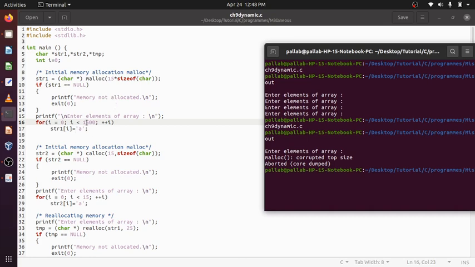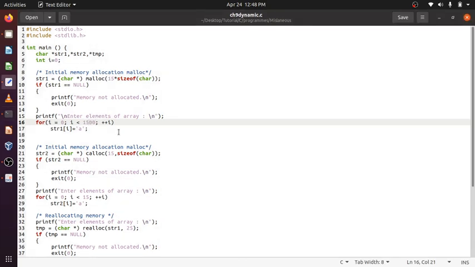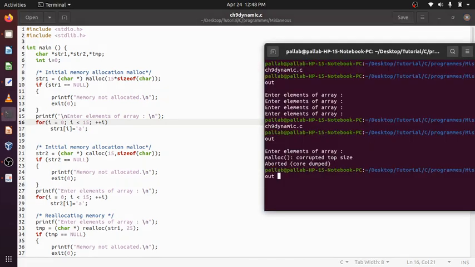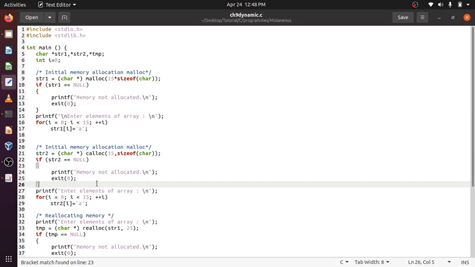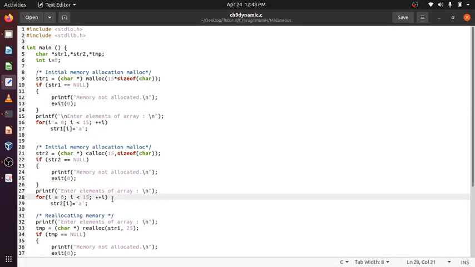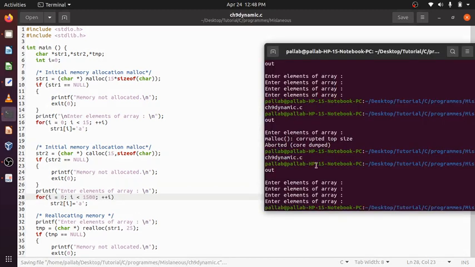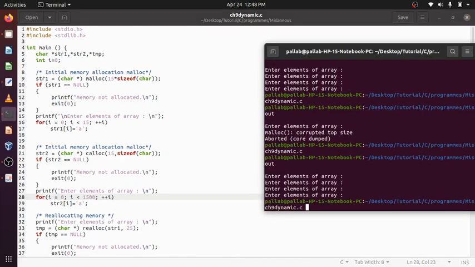Here also it is the duty of the programmer to see that this is 15 bytes, it cannot be more than 15. So if I make it 15 bytes, the program is executing. Here also if I change that to 15,000 bytes, it will be the same issue.